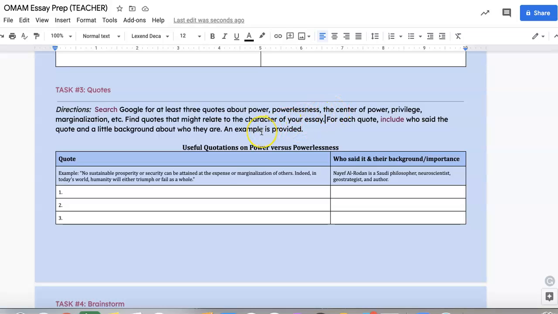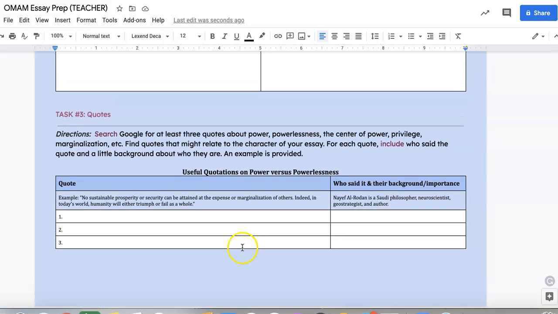You might end up using one of them, you might use all of them, but you're going to provide them there. And that's it. You don't have to turn it in, you're just going to keep it in Google Classroom, and I will go